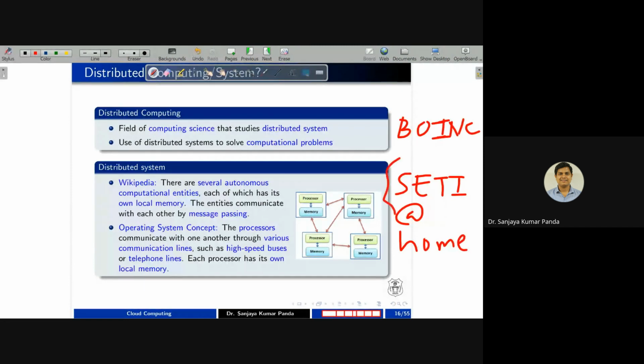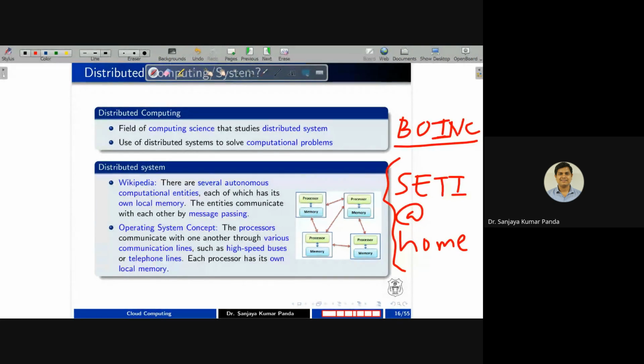So these projects do not own any number of computer systems. They don't have any fixed infrastructure. Rather, anybody can participate in this particular platform. So you can go to the BOINC platform web page and download the BOINC software. Okay, there is an executable file. Once this platform is successfully installed in your computer system, then you can add as many projects as you want on this particular platform.